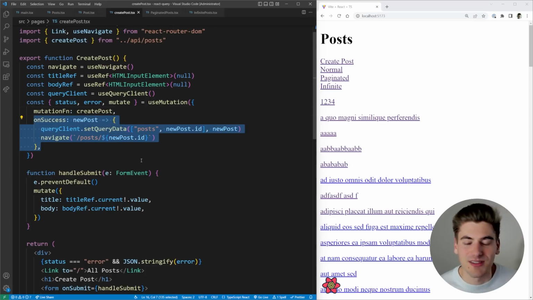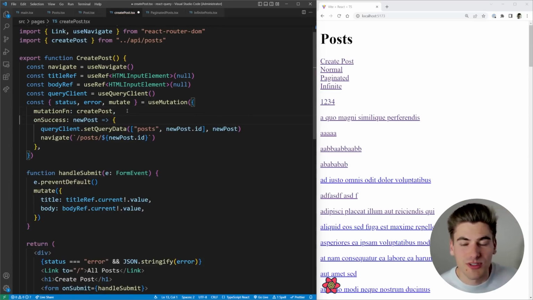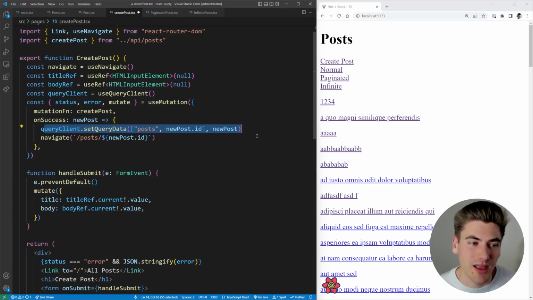And then whenever this is successful, you can use an onSuccess, or for example, an onError. In our case, we're using an onSuccess to say once this post has been successfully created, what I want to do is navigate to that post using React Router. And then what I'm doing is setting my data for my actual client. Now this is really important here because once I've actually created a post, I have all my data for my